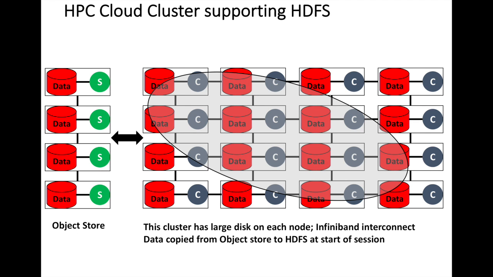The same applies in HPC cluster support for HDFS. That's the Hadoop file system, and here you may actually use cores that are directly attached to data, and which may be interacting with an object store. So you will be issuing your queries on a distributed set of data that are associated with cores, and then potentially move the data from that result into an object store.